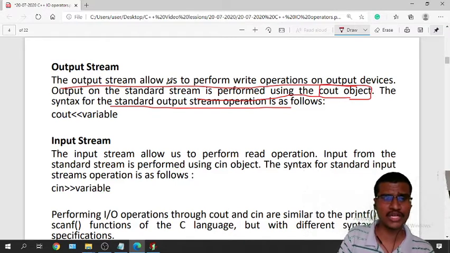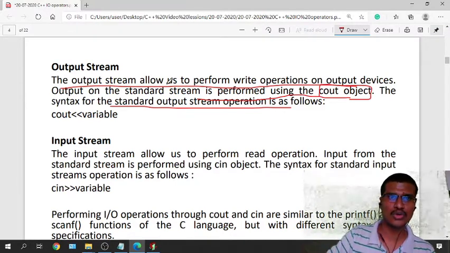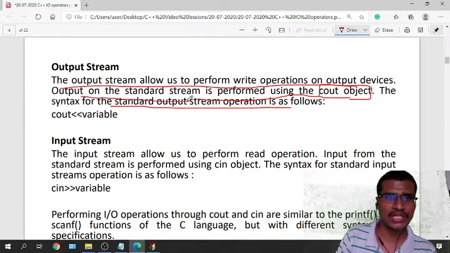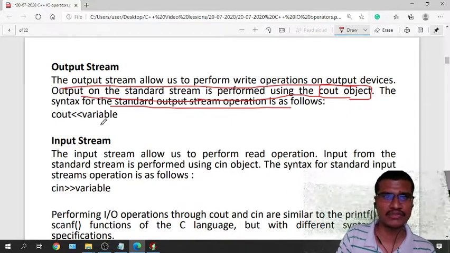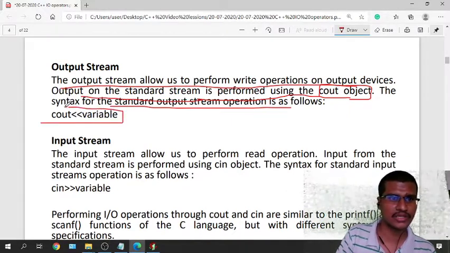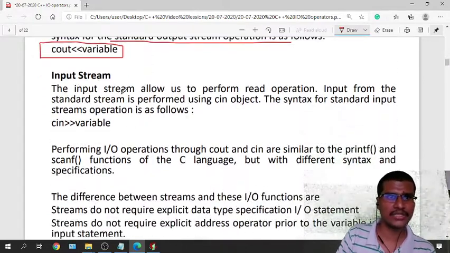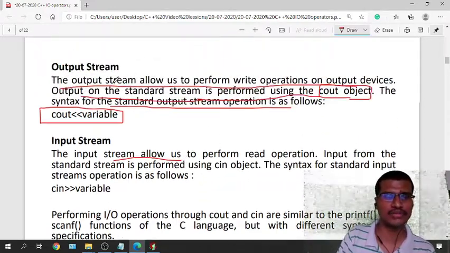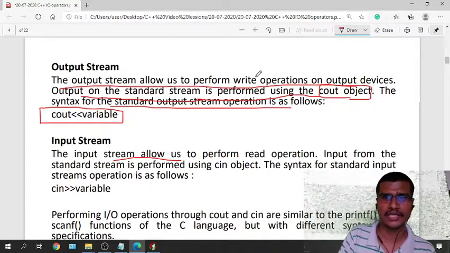What is the main purpose of the output stream? It allows us to do write operations on the output devices. The output on the standard stream is performed using the cout object. The syntax for the standard output stream is cout, followed by the variable. And the input stream, what is this one? It is used to take the data, the read operation. Always, the output stream is used to perform write operations, and the input stream is used to perform